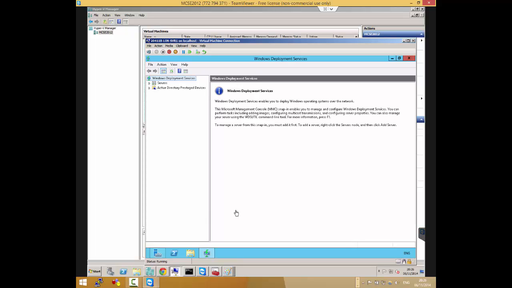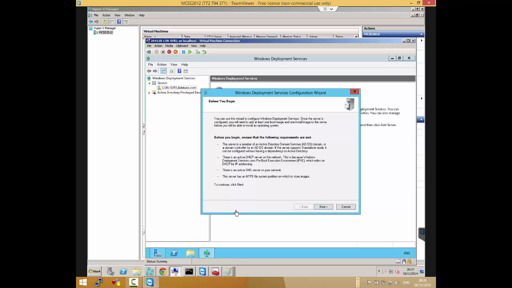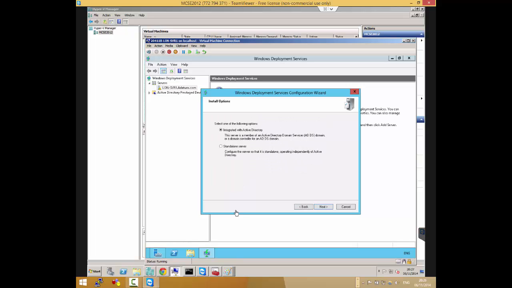If you try to configure it, because we want to bring something out there, if you click on it on the server itself, it's going to tell you, I'm not configured, so you need to configure it first. Here are two options. You can either integrate WDS with Active Directory or have it as a standalone. If you don't integrate with Active Directory, Active Directory is not a prerequisite. But if you want to integrate it with Active Directory, of course, Active Directory is a prerequisite.